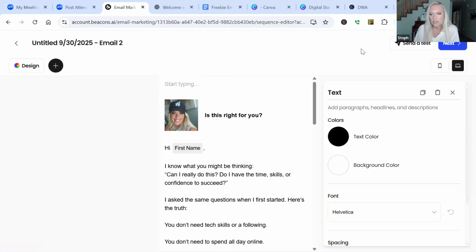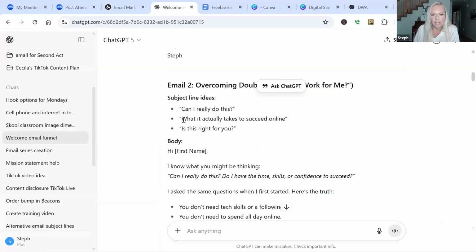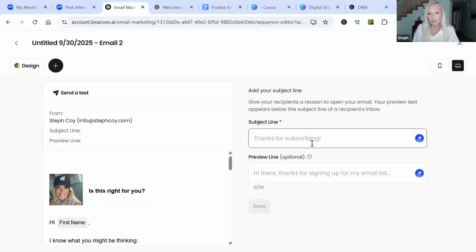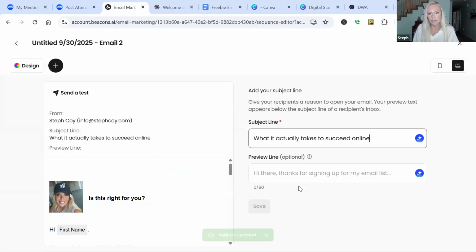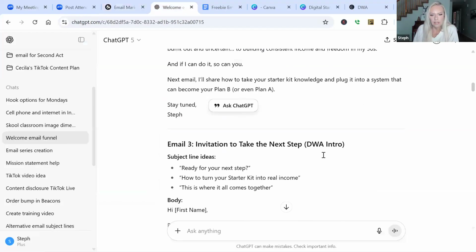Okay, so this is email 2, and we're going to click next. And then we're going to go back here. We're going to grab a subject line that we like. We liked this number 2 one. We're going to put that in our subject line. And then you can also jump back over here and